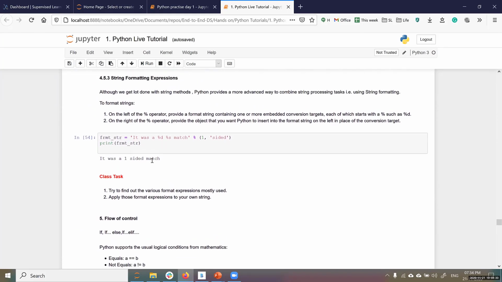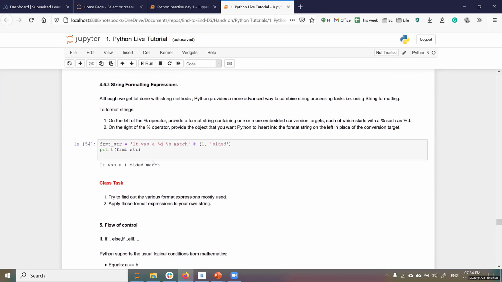Okay, there's one more thing called string formatting. Especially in Jupyter notebook you don't need all these things, but when you write real programs which get executed on the command prompt, there are something called placeholders. Placeholders make space for variables in the string. What do you mean by variables? Generally, if you have a string, inside the string you cannot change anything in a dynamic way.